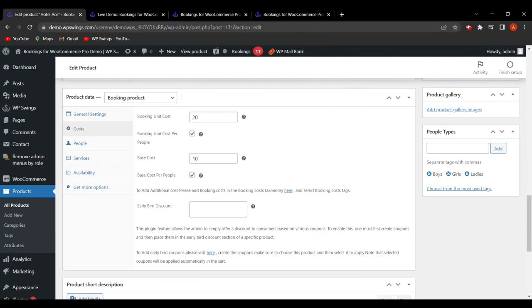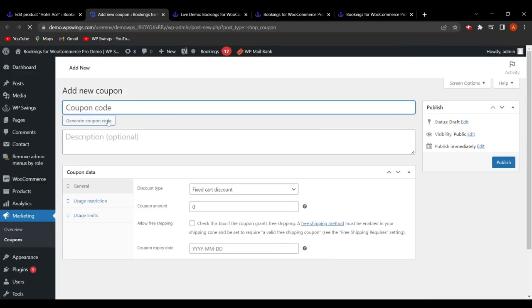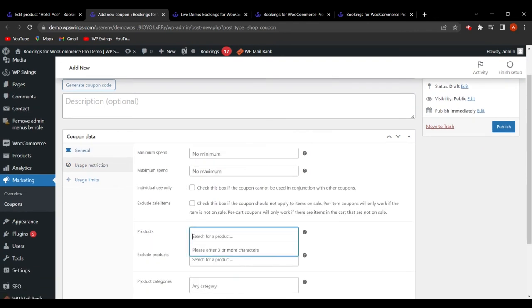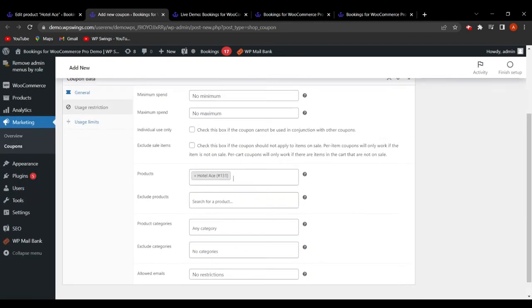Firstly, you have to click on visit here to create that particular coupon. Here you can type the name, or simply click on generate coupon code, and decide the discount type as percentage discount, fixed cart discount, or fixed product discount. I'm selecting fixed cart discount. You can select as per your needs and requirements. I'm selecting the coupon amount as 15, and in the usage restriction you have to search for the product. I have selected hotel Ace, so simply click on this, and product category is booking. Then you have to click on publish,